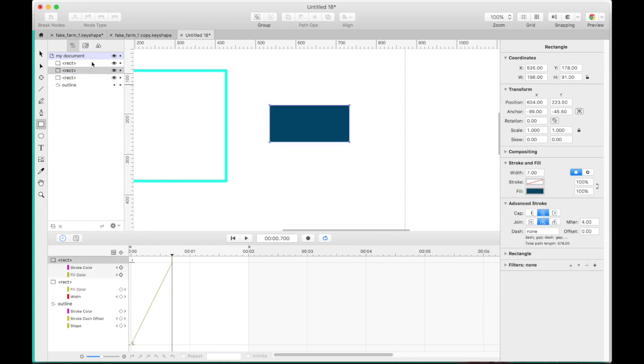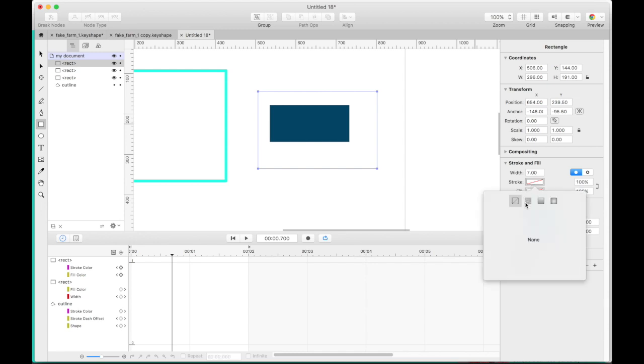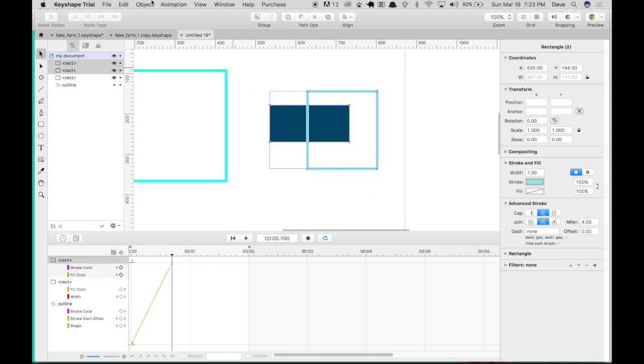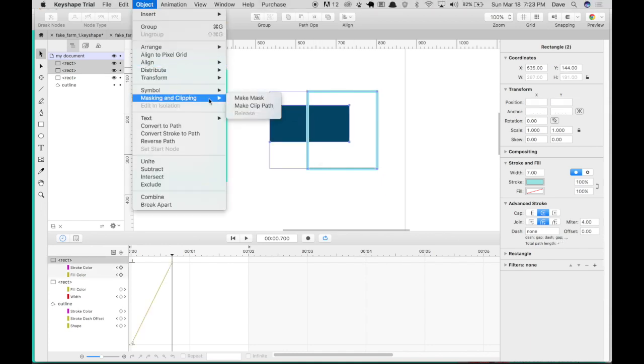I'll grab the rectangle, and here's the other one, and I'll add a stroke on this one, but that's going to end up disappearing because it's the mask. What's going to happen is you select both of them, and then you go to Object, Masking and Clipping, and you do Make Clip Mask, not Make Mask. And what's going to happen is the outside of the square is going to disappear.